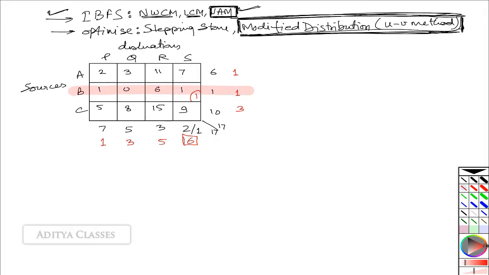Now let us find out the penalties of the second stage. 2 and 3 would still be a 1. This is done for now. 5 and 8 would be a 3. These will be updated. Here 11 and 15, 7 and 9, 2. These are our new penalties: 1, 3, 3, 5, 4, 2. The largest penalty is 5.